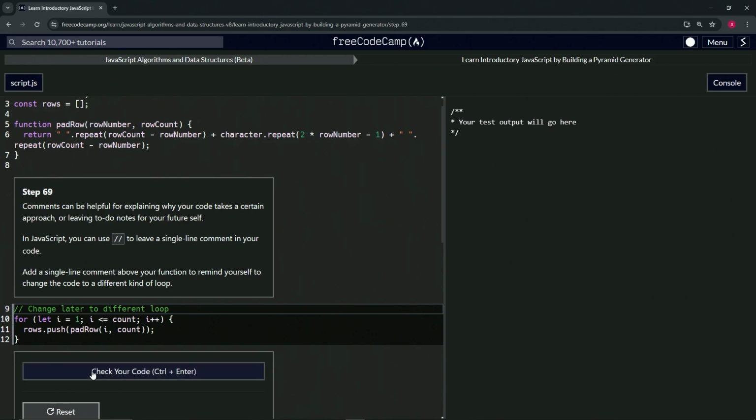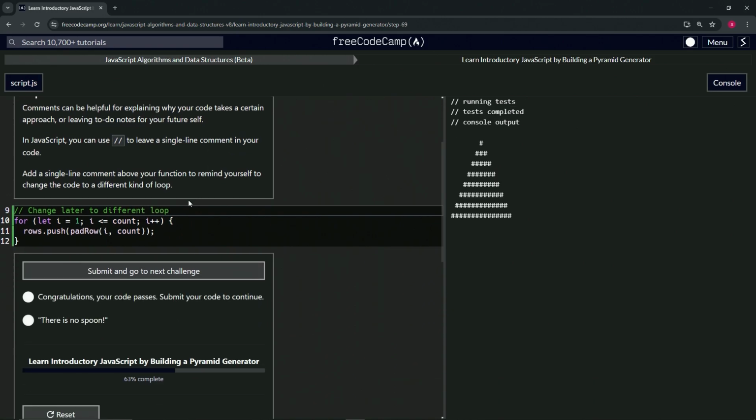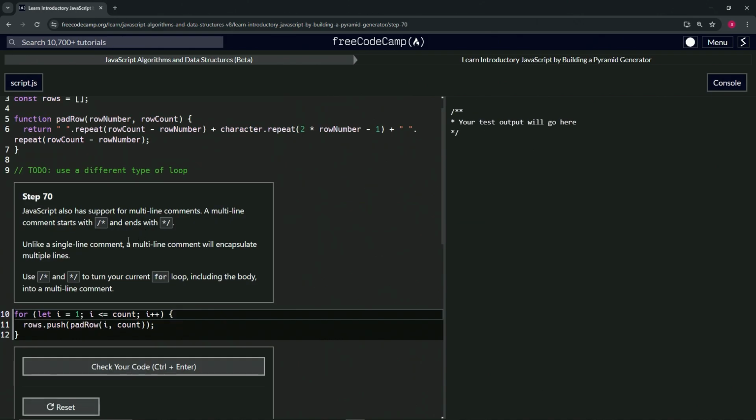I'm sure they're not going to make us say something specific. All right, great. So submit it. All right, now we're on to 70. Look, they did say something different. So JavaScript